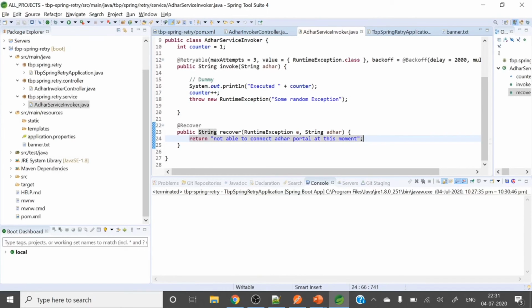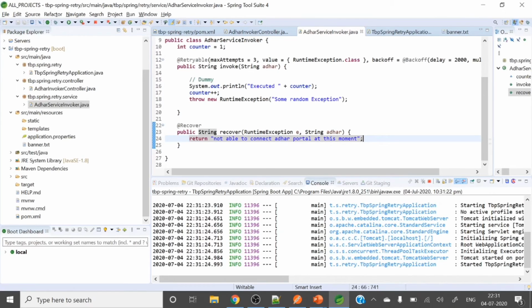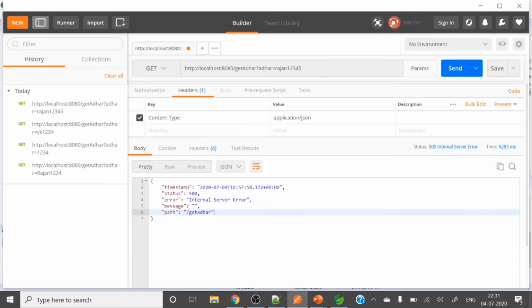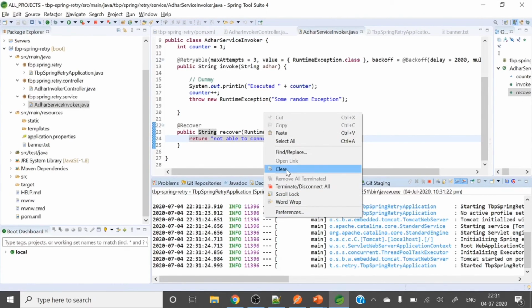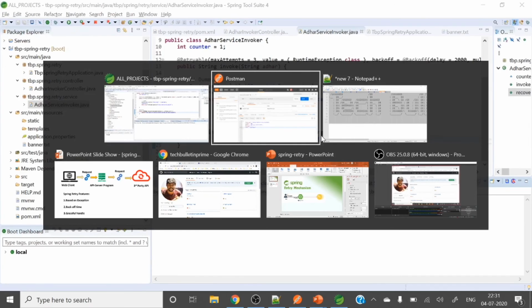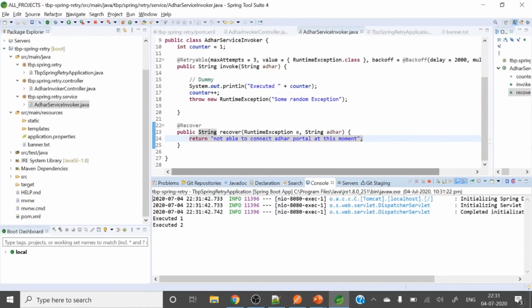So let's try. Let me start the server. Okay, server got started. Let's go. Let me clear this console so that we can easily identify. Let's hit enter. Executed 1, executed 2.